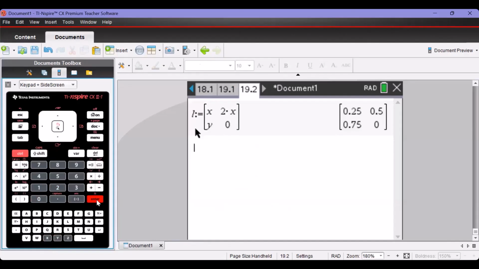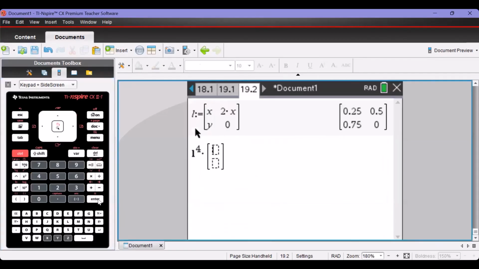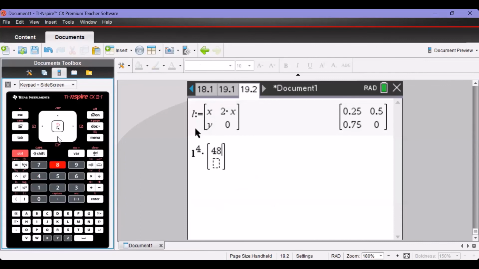Now we're asked to use a matrix approach to estimate the total number of females after 4 weeks. So we've got to find P4. P4 is equal to L to the power of 4 times P0. So what we'll do now is we will calculate L to the power of 4, and then multiply that by the column matrix P0. So column matrix template in the catalogue, press enter, and P0 is 4, 8, 3, 2. Press enter,